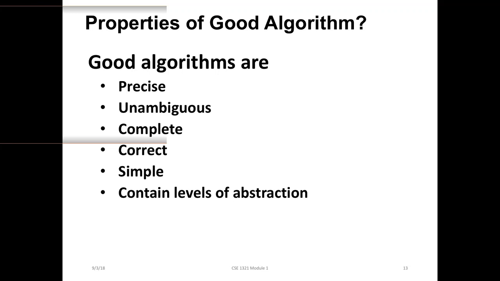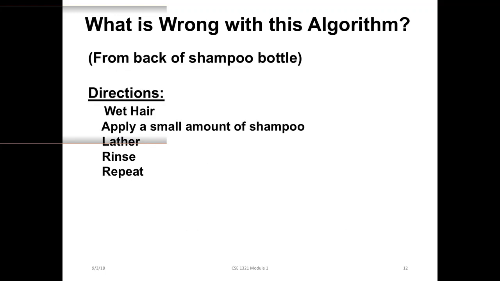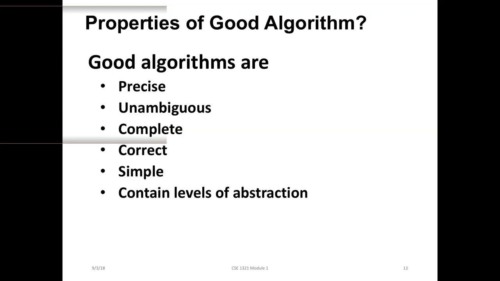That is the thing. Now let us revisit our previous algorithm. What is the first criterion? It should be precise. Sure. It should be unambiguous. No conflict. So let us see whether this algorithm is unambiguous.